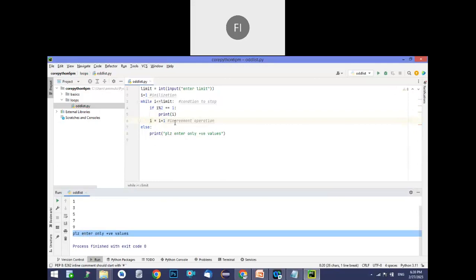Why? Because when we are approaching i less than or equal to limit, when i reaches, let's take 11, 11 is not less than or equal to 10, so the condition fails. That's why the please enter positive values message is printed, but we should not do it like that.